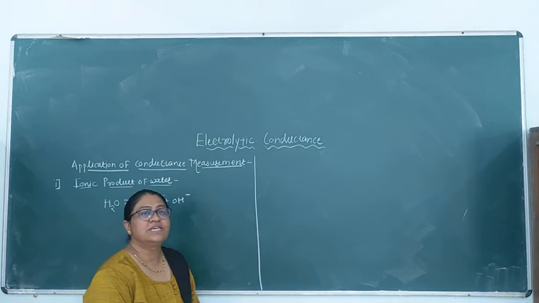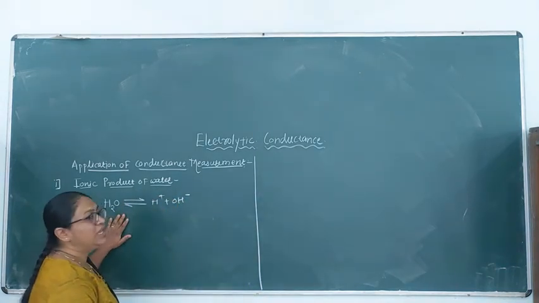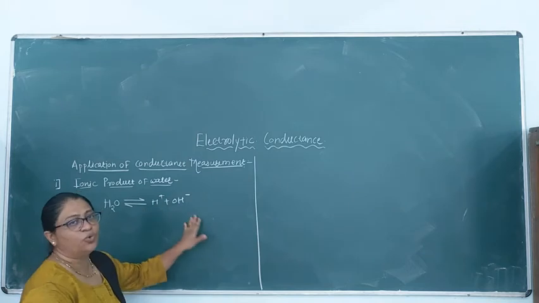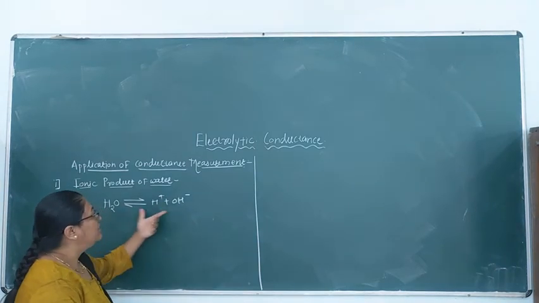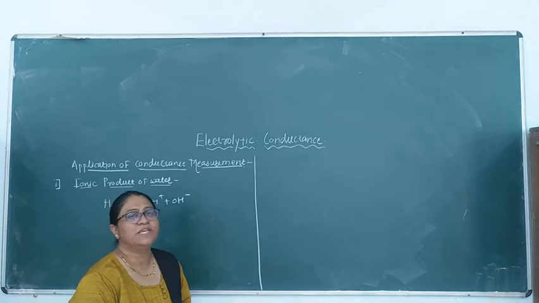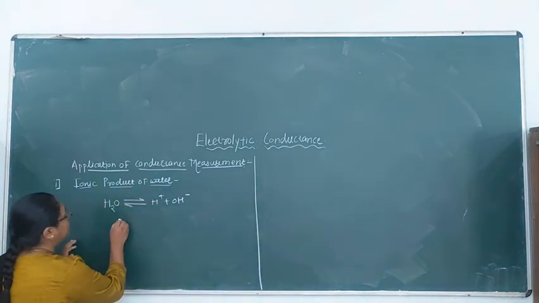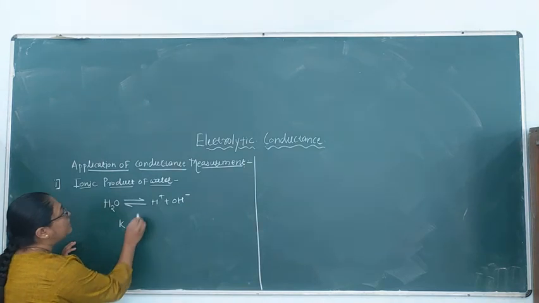As it shows the conductance, that means that water must be weakly ionizing into H plus and the OH minus. The dissociation or ionization takes place to a very small extent, and therefore from this reaction,